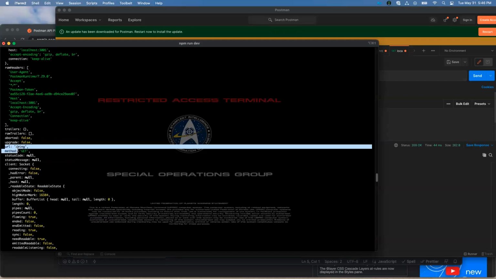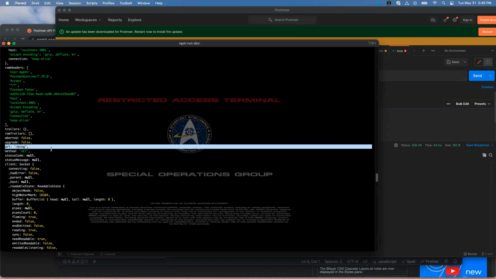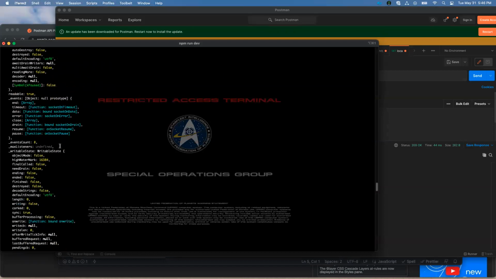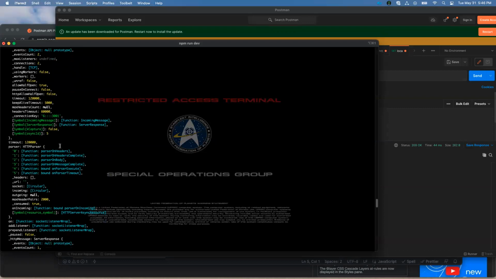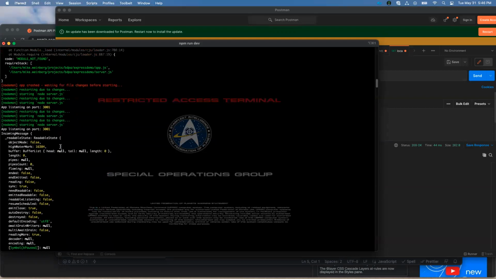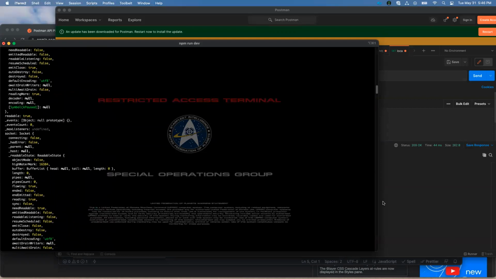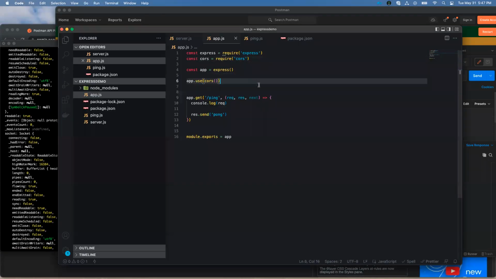But we can see what URL was hit and the method that was hit, so we can use this for our logging purposes, for that middleware logger that I deleted. There is also, oh, this is in alphabetical order, I think. So body will probably be, well, it doesn't matter. We can get all kinds of stuff from the request. What we're interested in is going to be req.body and